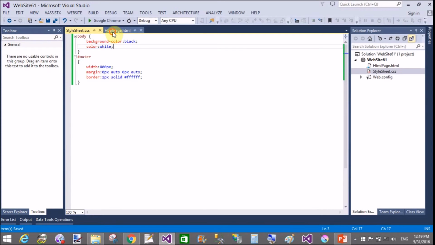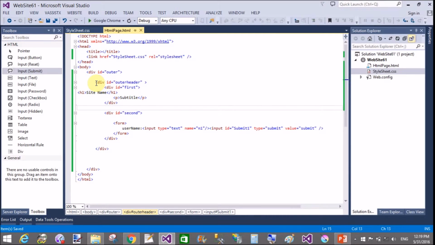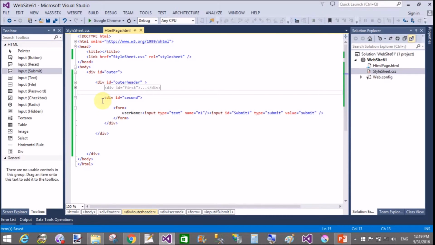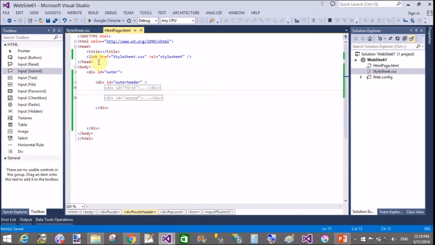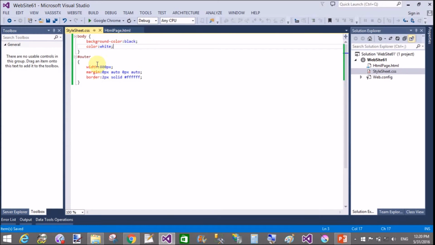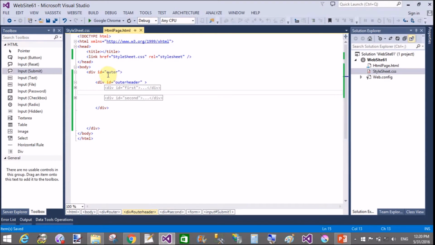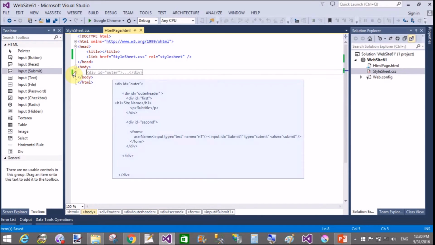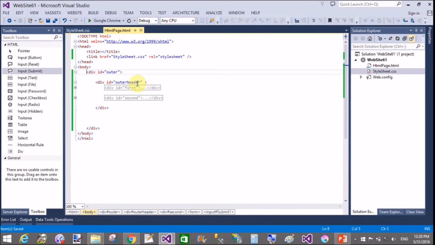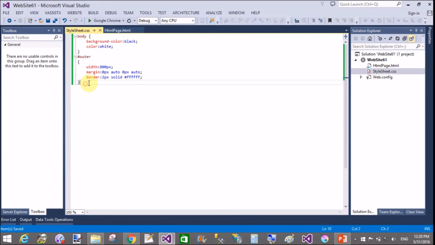Now the next tutorial is to align the username and the input box on the right side. In the outer header we have two divisions, first and second. First of all, make the outer header display like a table.